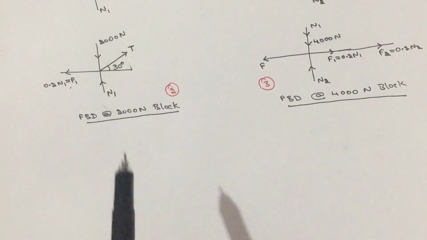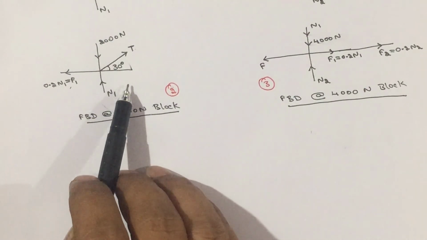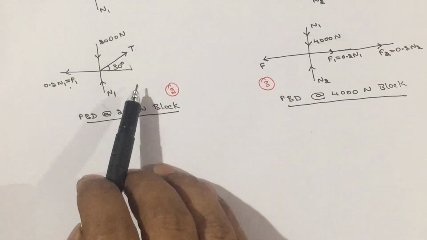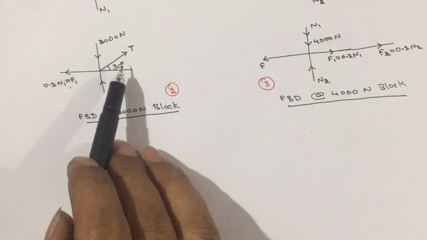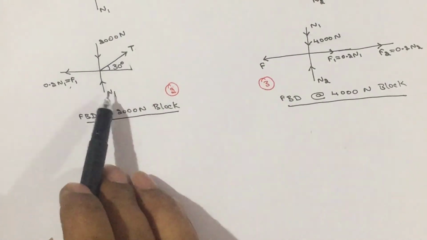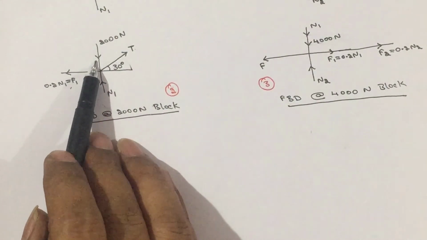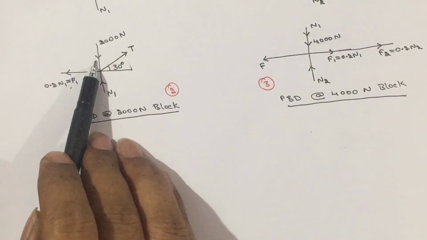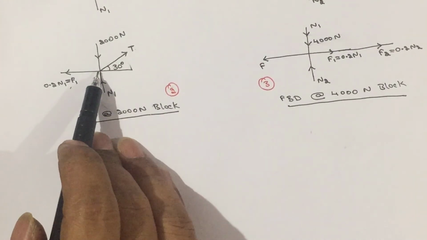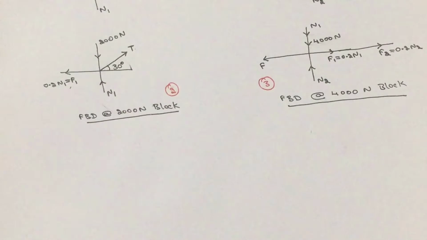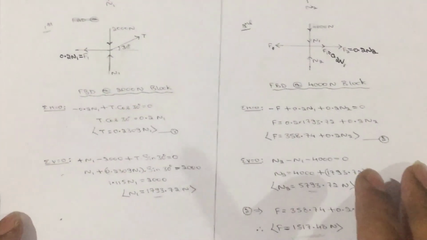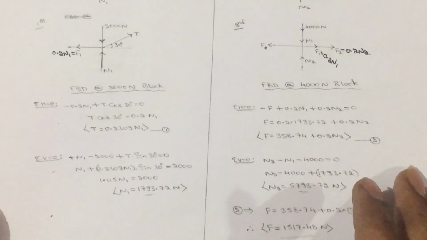Now, choose the method. We have two methods. One is Lami's method or equilibrium conditions. Since we have count the number of forces 1, 2, 3, 4, we can't apply Lami's method. So, go for equilibrium conditions method. How many equilibrium conditions we have to solve the problem? There are two conditions. One is sigma h is equal to 0, another one is sigma v is equal to 0. So, I have already solved the problem, just I will explain from here onwards.